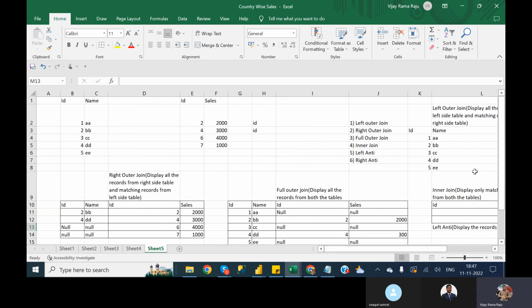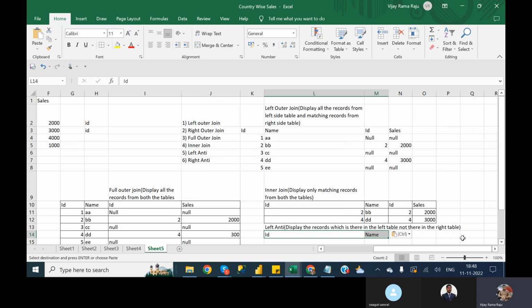That means, Swagat, can you please tell me what records are there in the left table which are not there in the right table? 5. Only 5? 5 and 1, 3. Okay. Yes, correct. That means in the left side table, it will display only 1 related and 3 related and 5 related only. See here, that means